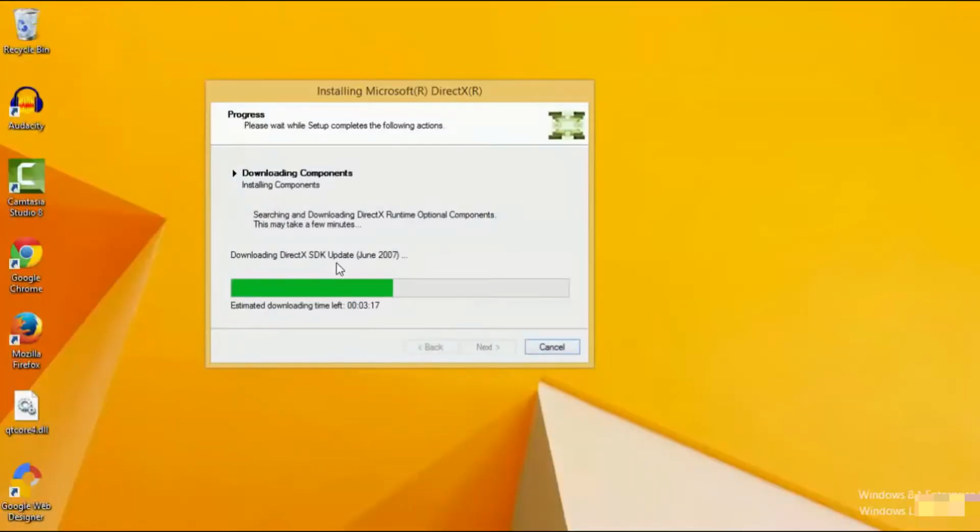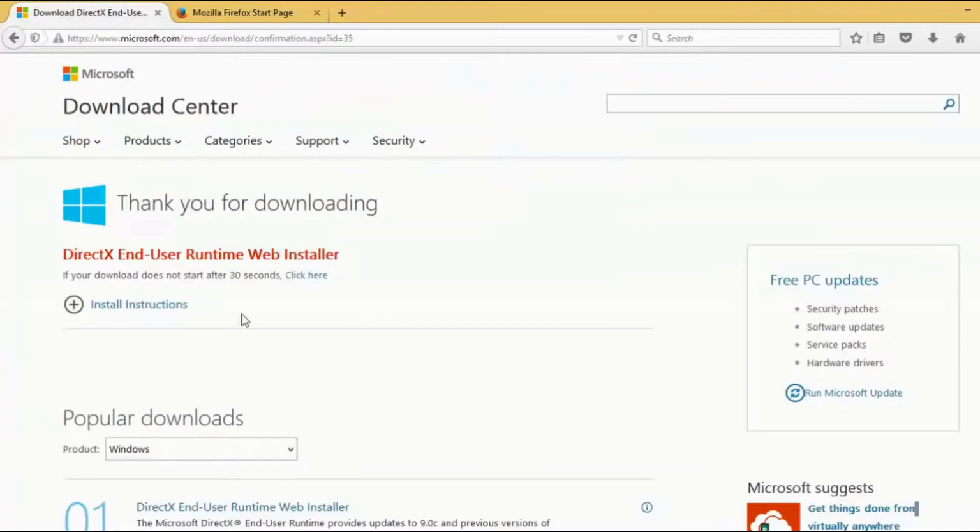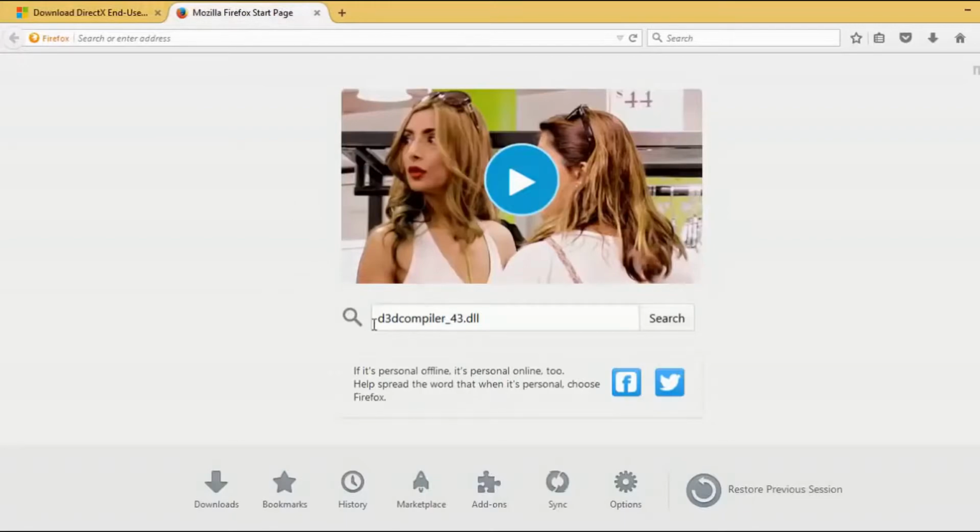D3DCOMPILER_43 DLL. So after installing this, your problem most probably will be solved, because it installed all the DLLs which are required to play games or run some important software. If this problem persists even after installing this DirectX software, what you need to do is just search for your DLL file, which is